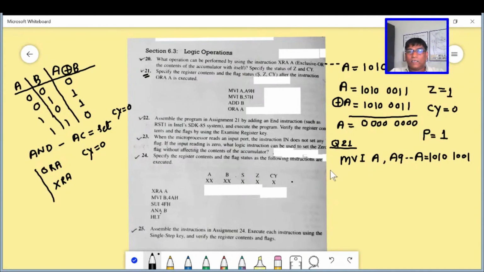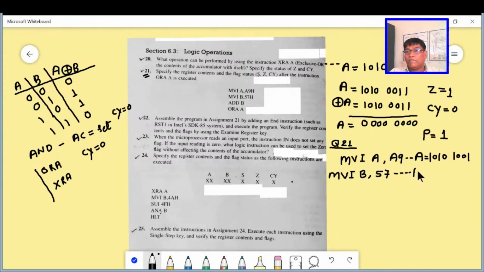Then we have the next instruction, MVI B, 57. After execution of this instruction, this data 57H will be moved to the B register.